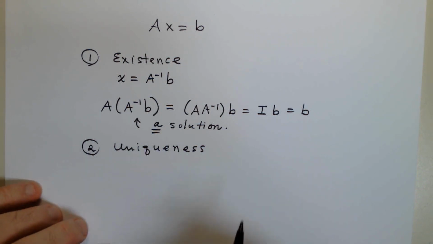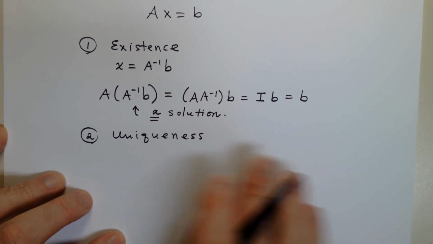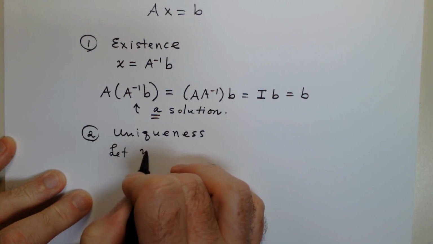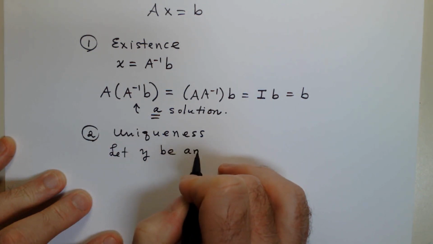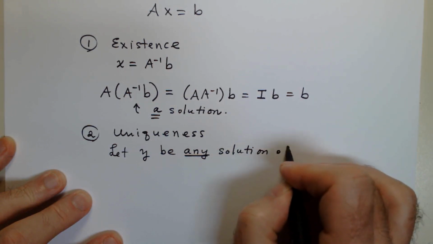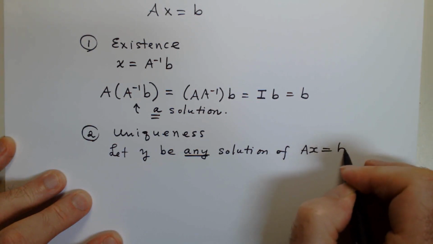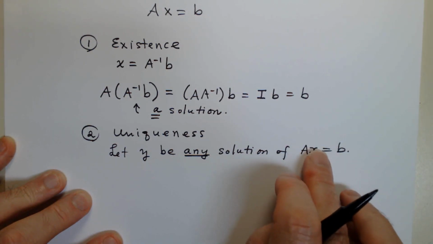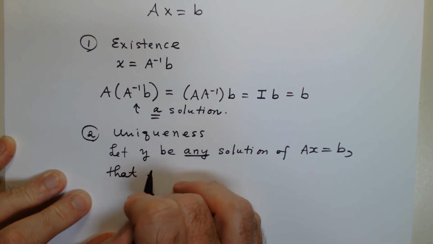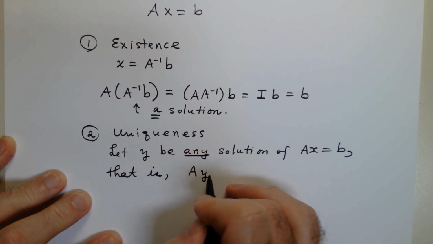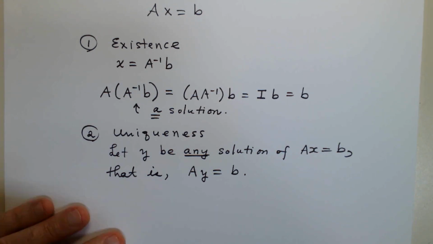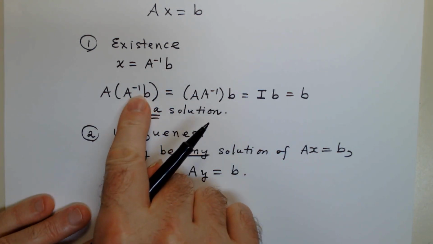All right. Now what we're going to do, and this is very typical for the uniqueness phase, we're going to say let y be any solution of the equation Ax equals b. Now what does that mean? It means when I replace x by y, Ay equals b. All right, now what I have to show you is that this vector y has to be A inverse b,